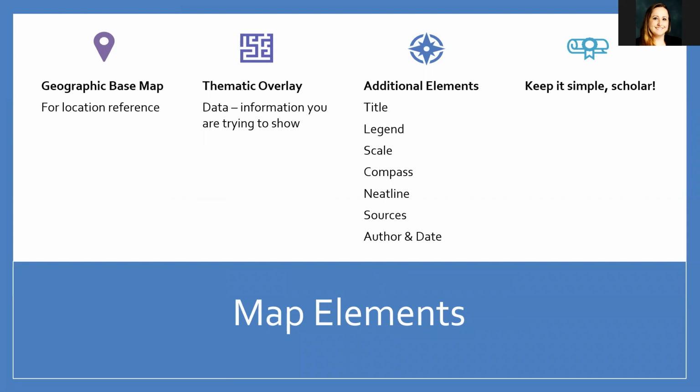KISS also applies to the additional map elements. They should be kept simple and used to visually balance the map. The title is important to let readers know what they are looking at before they even look at the rest of the map. The legend is important because without it, all you really created is a pretty picture. In order for your map reader to accurately understand what's going on, legends are required.